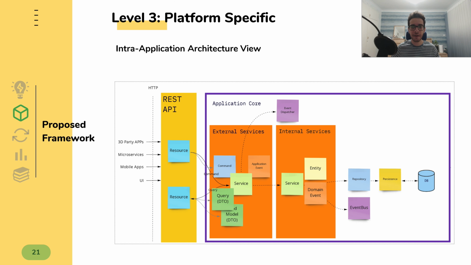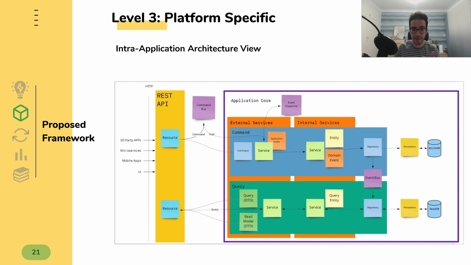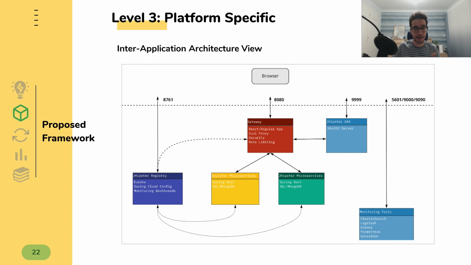The focus of level 3 is on the architecture: intra-application architecture and inter-application architecture. Intra-application architecture can be simple or CQRS. We developed transformation rules for both of them. You can see the simple one and you can see the complex one. It is